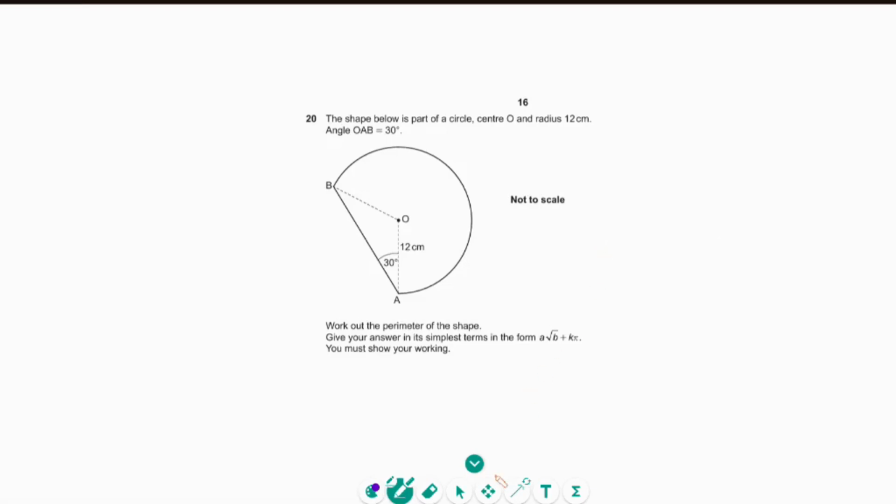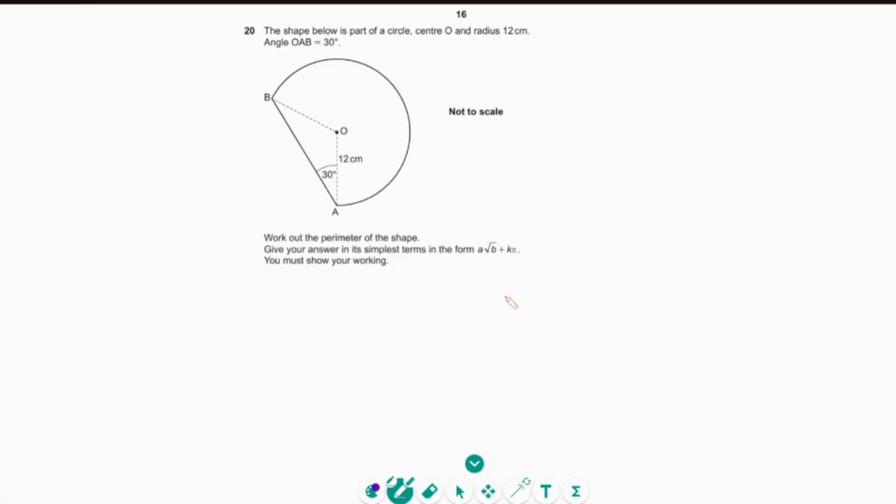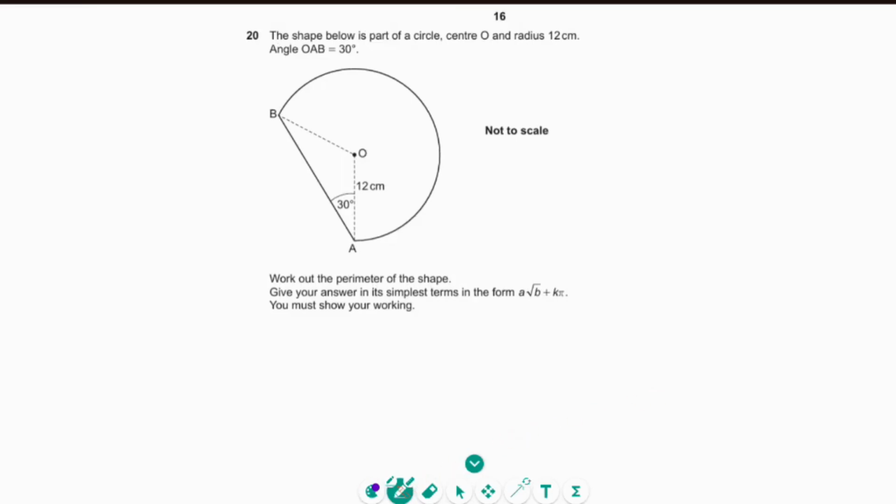Question 20. The shape below is part of a circle, centre O, radius 12. Work out the perimeter of the shape. So we want the perimeter of the shape AB all around the circle. So to get the curve,